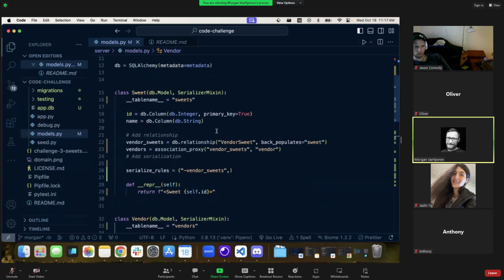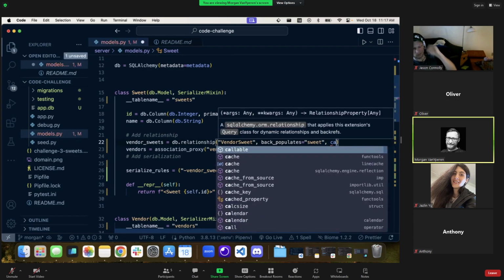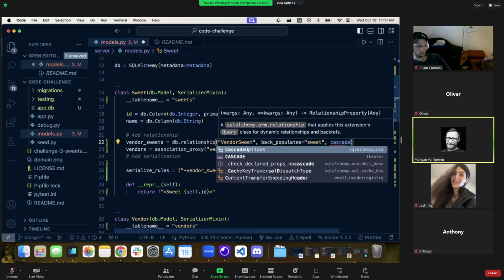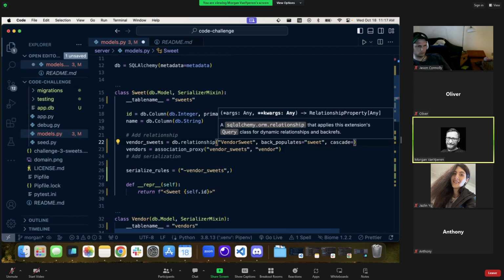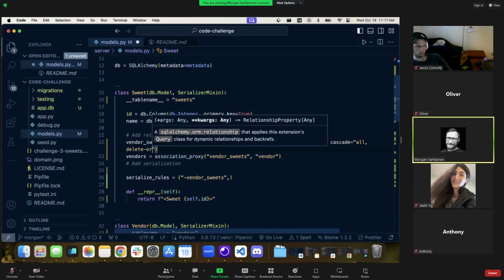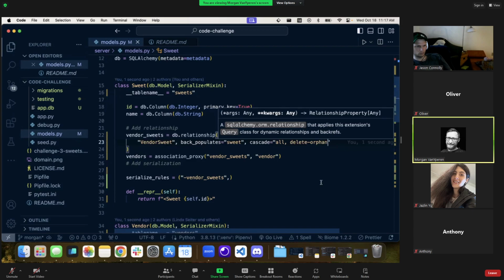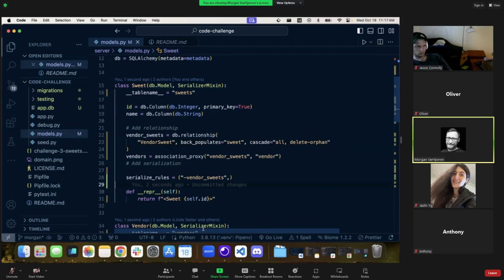So that's something I need to add to this vendor suites relationship. The cascade equals, and it's a string with all comma delete dash orphan, I believe is what it is, but just to double check it,